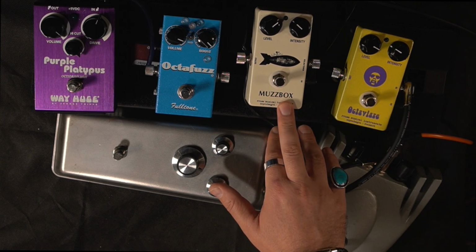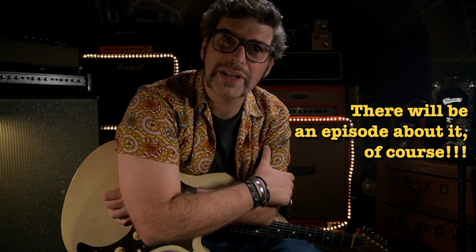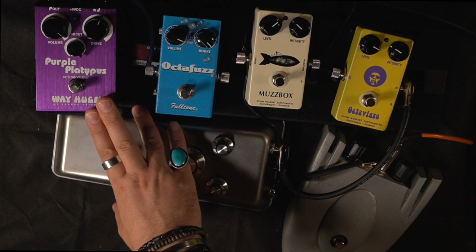The MuzzBox is just killer. It's replacing my Fuzz Factory and my Octafuzz. So it's doing kind of both things in a small pedal board I'm building for the fly gigs whenever this COVID situation goes away. The Fulltone Octafuzz is on my fly pedal board, my Pedal Train Junior, which is my medium pedal board. And I just bought the purple